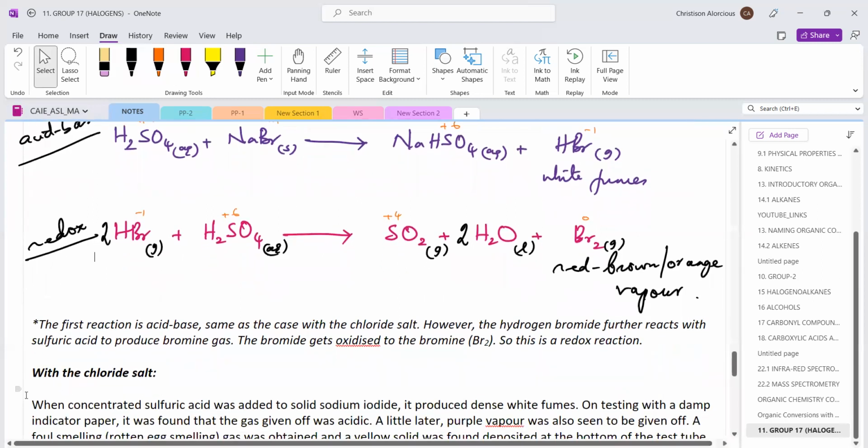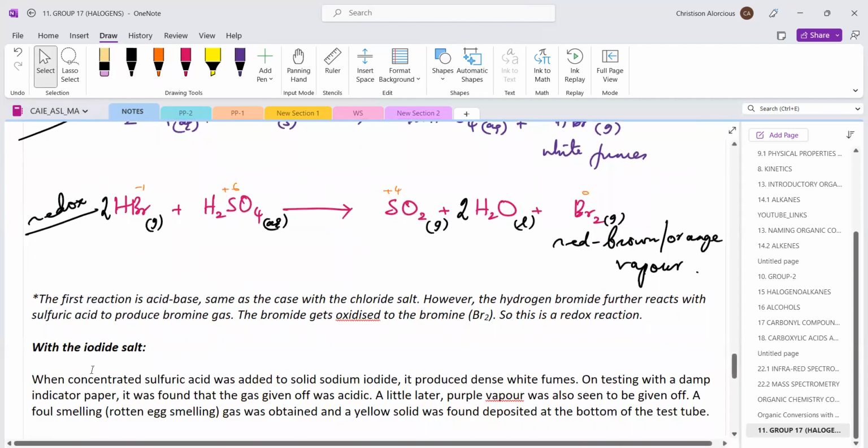With the iodide salt, it gets even weirder. So let's say I take sodium iodide or potassium iodide. Potassium iodide is actually a more common iodide salt than sodium iodide, to be honest. You'll find potassium iodide in every laboratory. Sodium iodide is uncommon. So when you take the sodium iodide or the potassium iodide and you do this reaction,